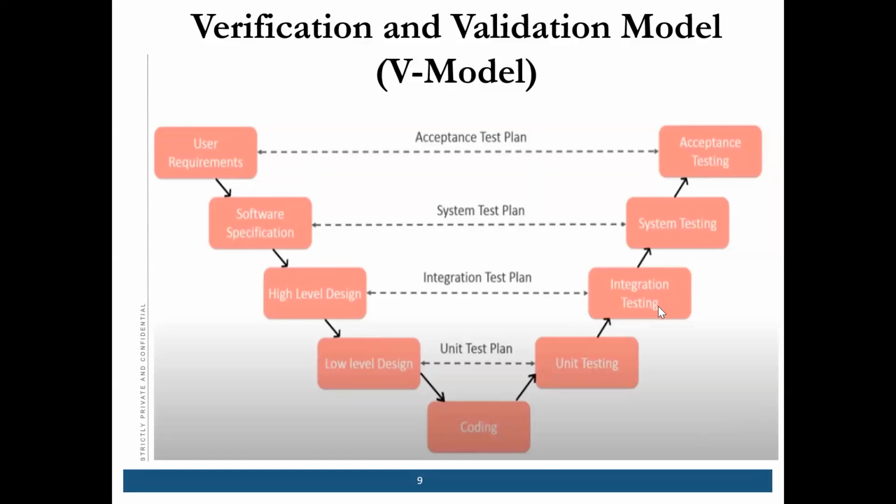Okay. So in this case, any anomaly or defect we find, this is done by the testers. So any defects we find, we track the defect here. We file the defect and we inform the developer that these are the defects which we are getting, and we can report those defects to the developer.